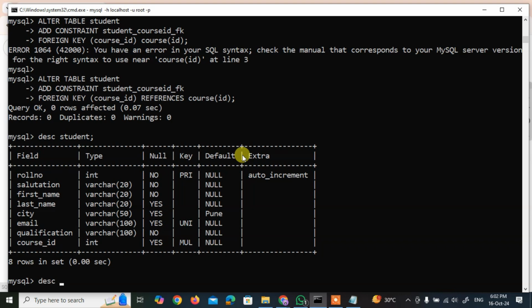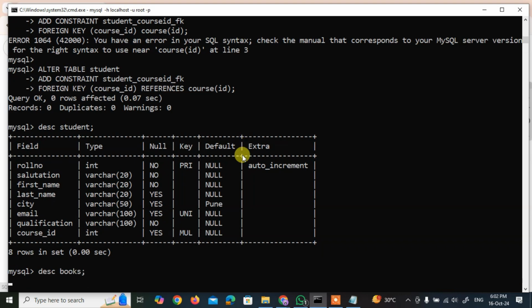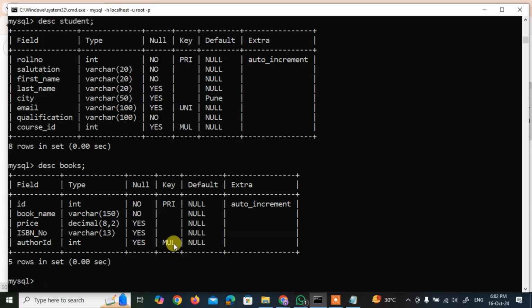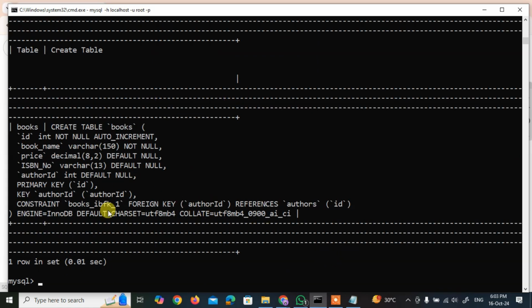So if I say DESC books, we didn't name the foreign key, right? So we don't know what is the foreign key name if we want to drop the foreign key for author ID. So that's where we use the command show create table books. That's going to help us identify the foreign key.